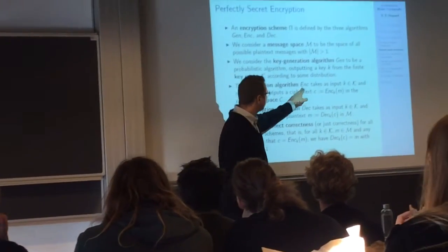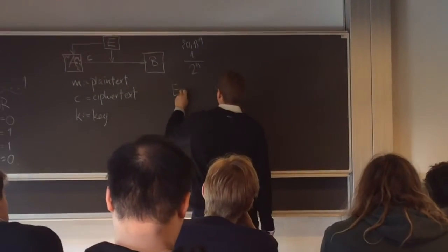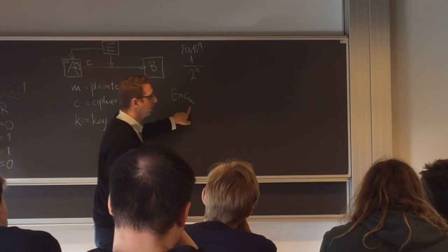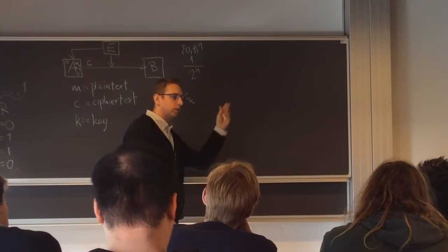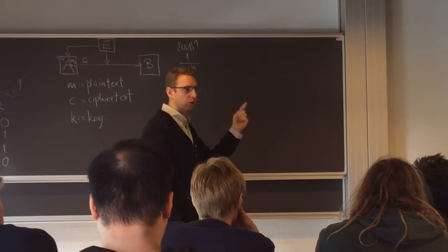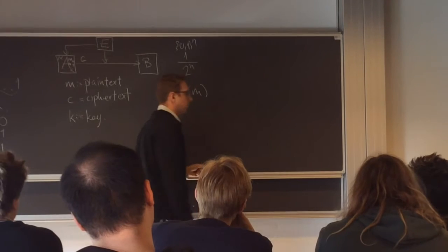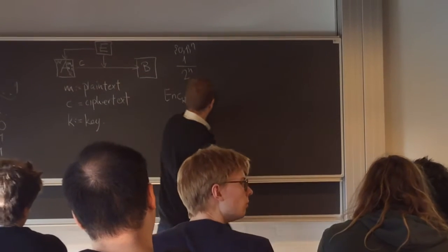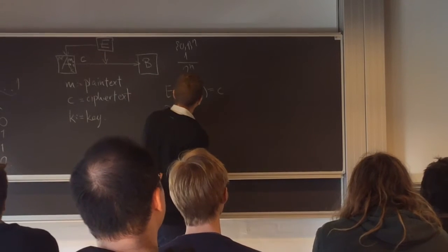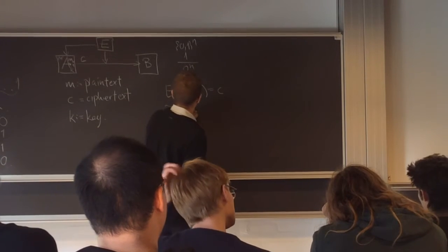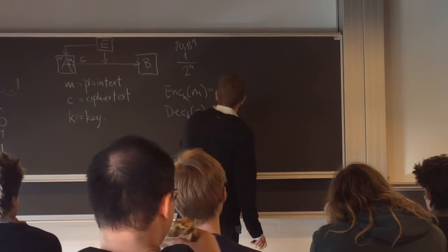Then we take the encryption algorithm. It takes k, and we affix it as an index because it needs to be fixed for the entire duration of the use of this encryption scheme to talk between two people. And then the message M, encrypted, we call this our ciphertext C. Then we also have the decryption algorithm, again using the exact same key, but on some ciphertext C.